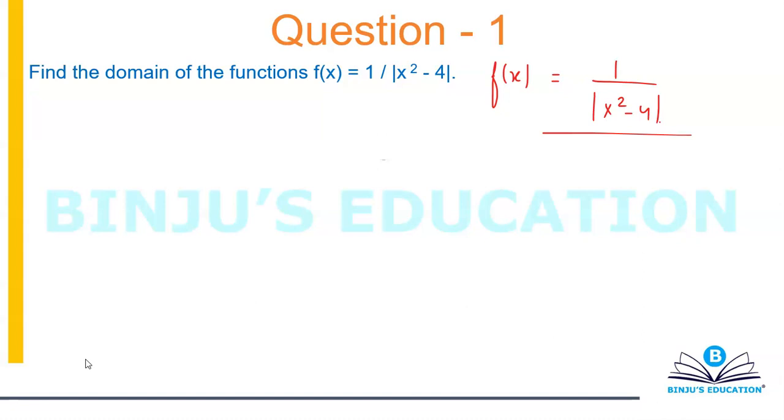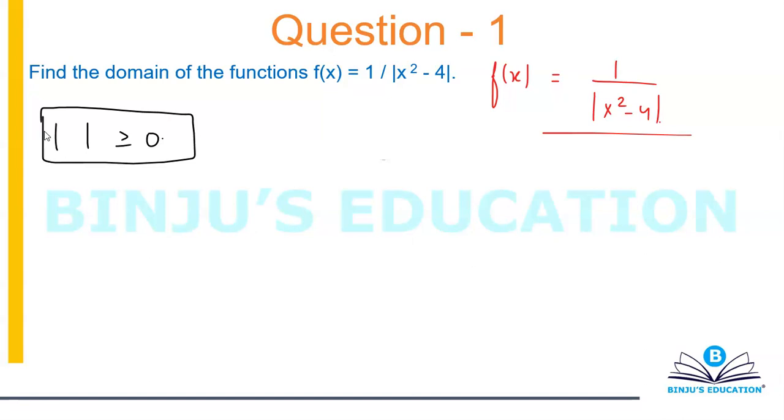All right, let's try this one. So my function is f(x) is equal to 1 over mod of x square minus 4. Now, when you talk about modulus, we know that modulus will always give us a non-negative result, that is positive or 0. Now, if I have 1 over modulus and I have a function inside the modulus, in order to calculate the domain, I just need to ensure that the function should not be equal to 0. Because when the function is 0, then mod of 0 is 0 and 1 over 0 will be not defined.